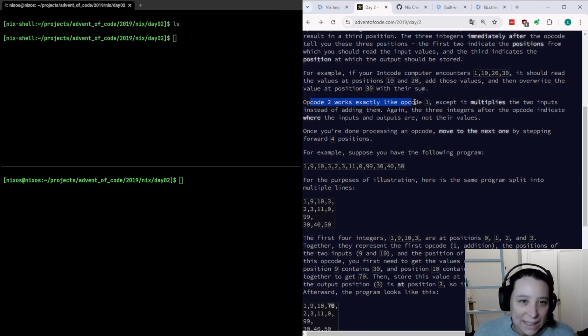Opcode 2 works exactly like opcode 1 except it multiplies the two inputs. So it does the same thing except it's multiplication. Once you're done processing an opcode, move to the next one by stepping forward 4 positions. Right, because we have to go 1, 2, 3, 4, and then we're up to the next one. So suppose you have the